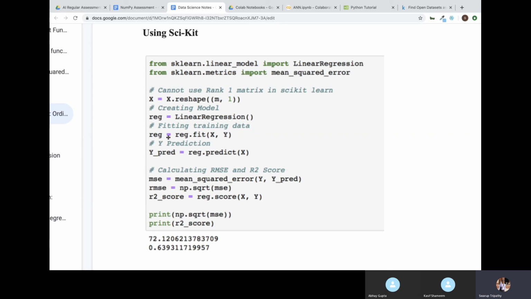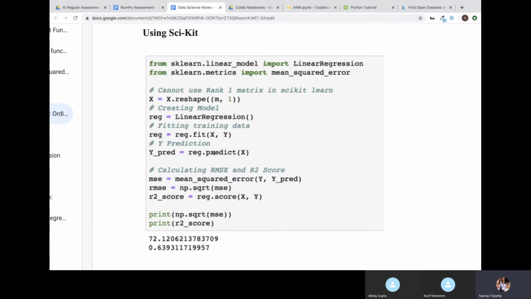Then we'll be fitting the data. Now I am calling the regression.fit method. This fit method is responsible for doing all the activity, like actually finding out B0 and B1. Fit is where you are training the model. That's where it is learning the relationship between X and Y. All the equations are there and it is trying to learn what B0 and B1 are. So here regression.fit(X, Y), that's all we have to write, and it will use the algorithm and find out the coefficients.